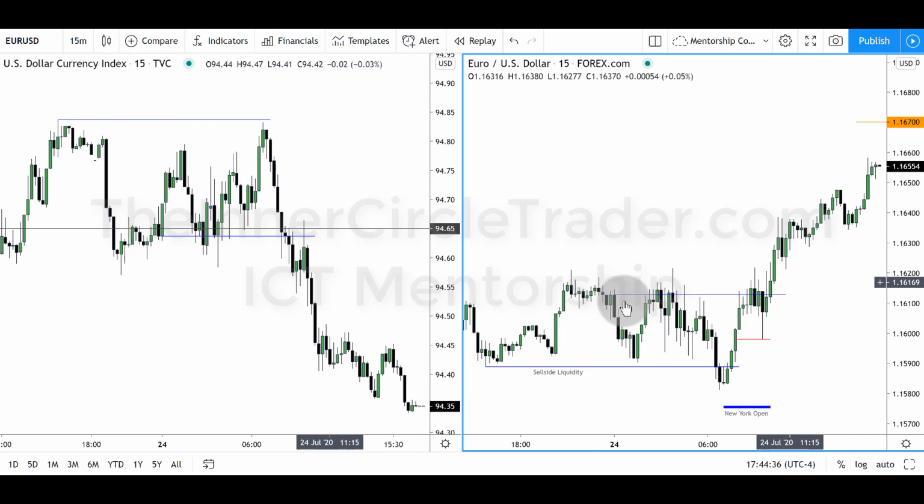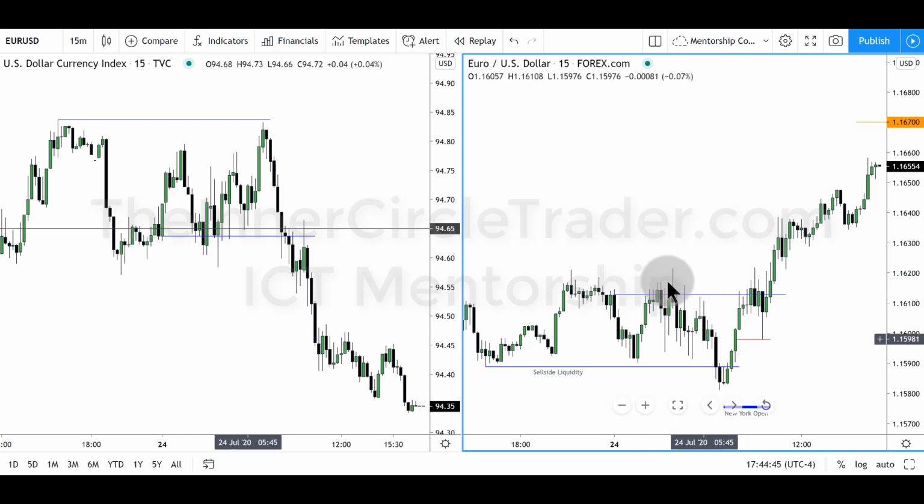Now, you're probably asking yourself, what is this blue line here? That is the opening price for the 24th. And you can see price trades down. This is your Judas swing. This is market protraction, power of 3. So open,